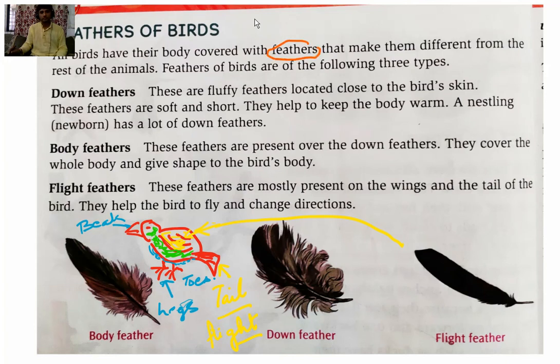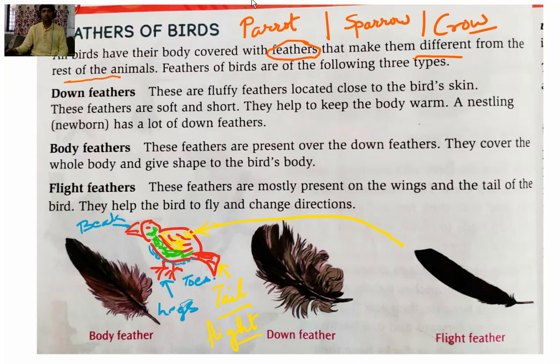That makes them different from the rest of the animals. For example, the parrot has different colors of feathers, somewhat dark green to light green. Sparrow has brown, white, and a little bit of black shade. And crow, you have definitely seen, has black feathers. So we can differentiate every bird by identifying their colors.